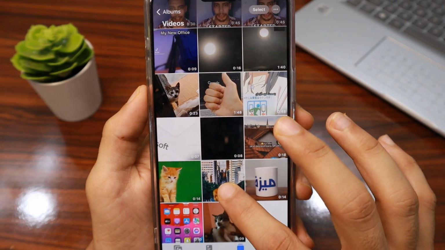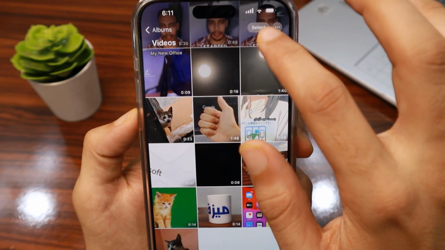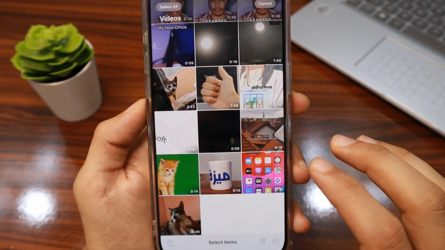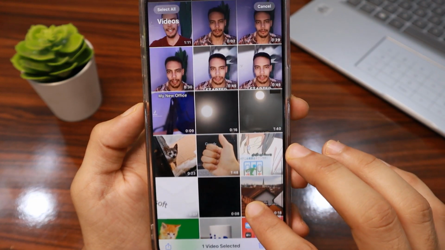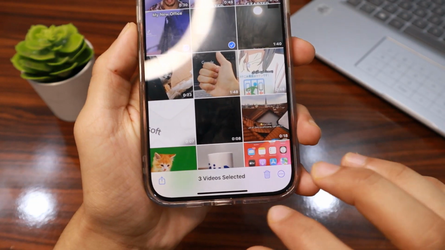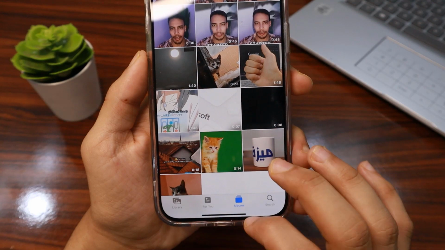For example, I don't want this, you can delete it. Also tap Select, then the videos that you don't want. For example, this one, and this one, and then tap Delete. Perfect. Now come back